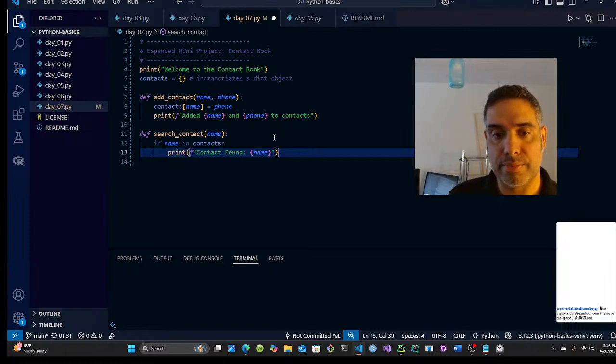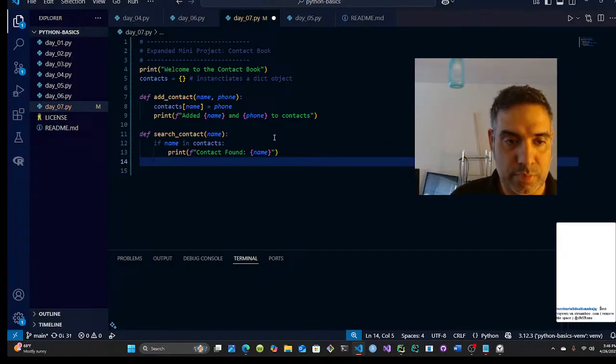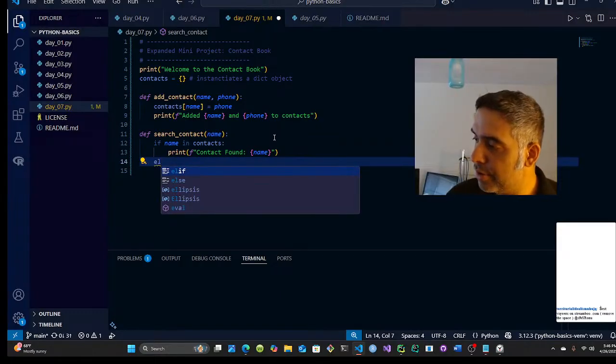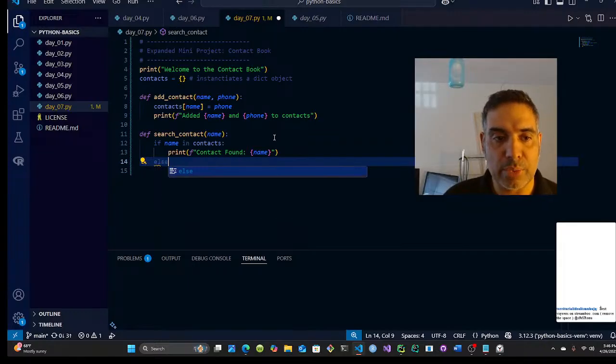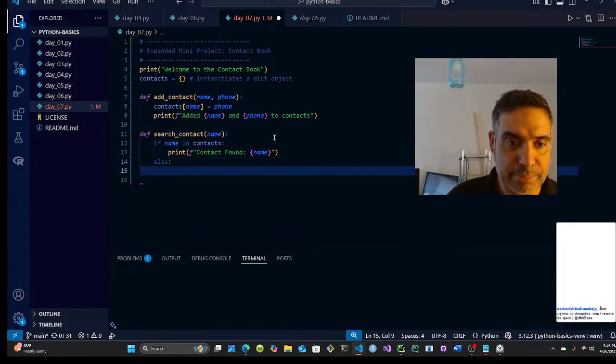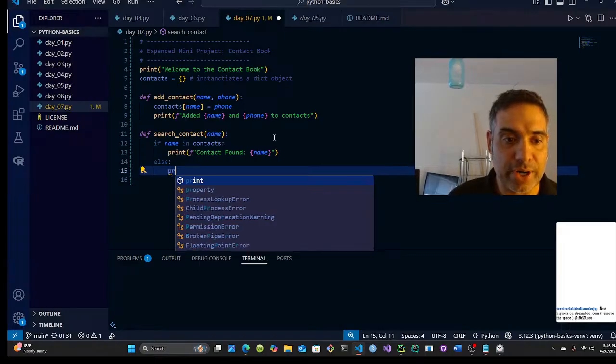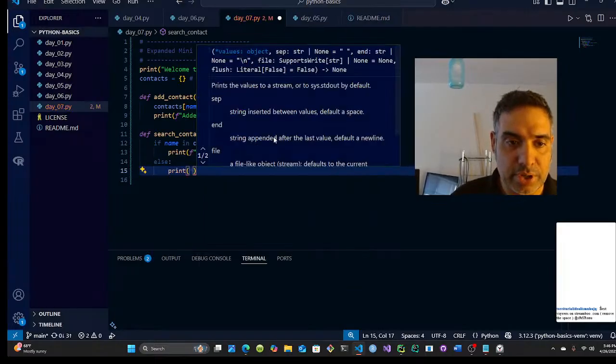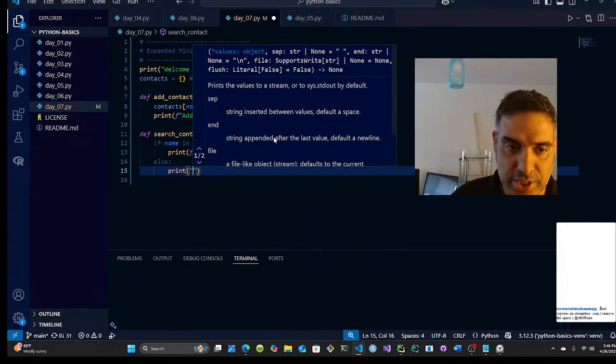Found name, right? elif. If the name's not found, we can just go directly and print out that it was not found, right? So we can go print, and we can just go here and say